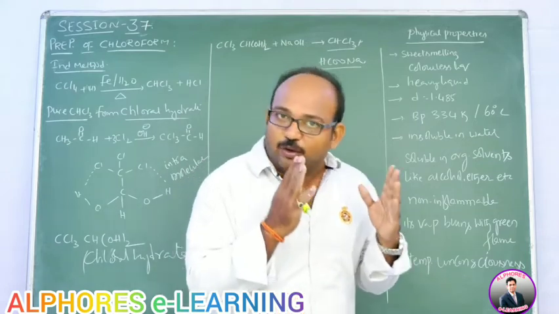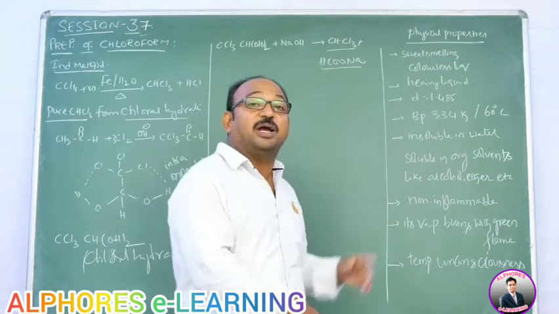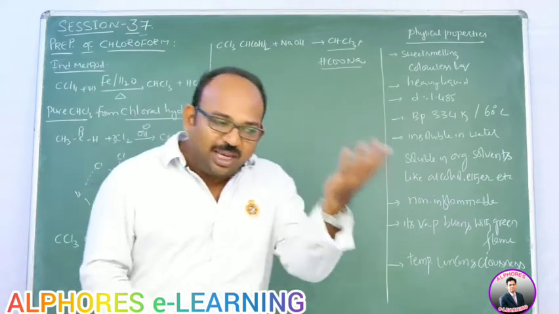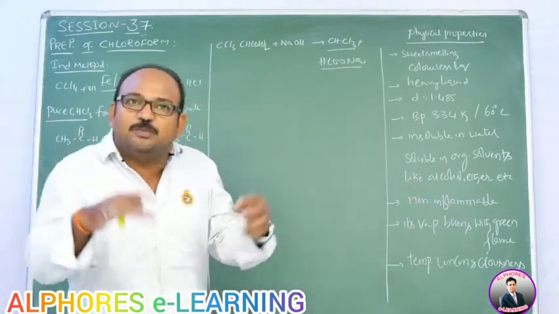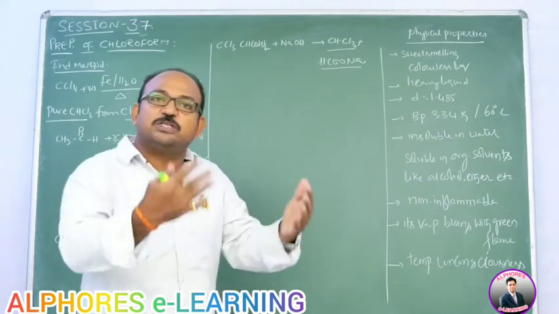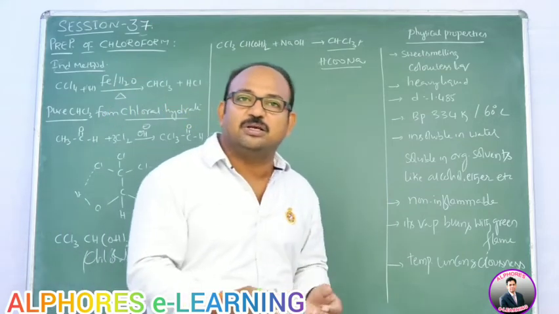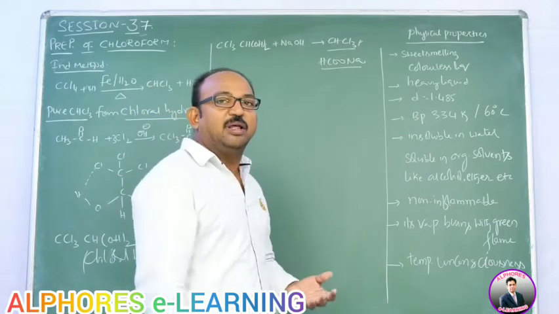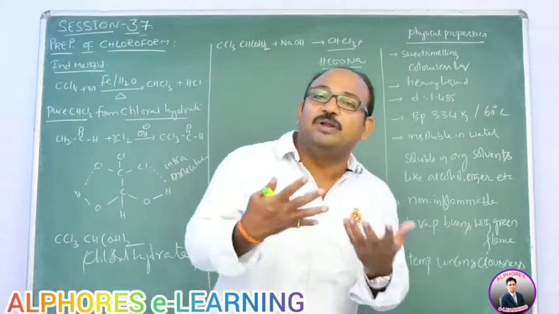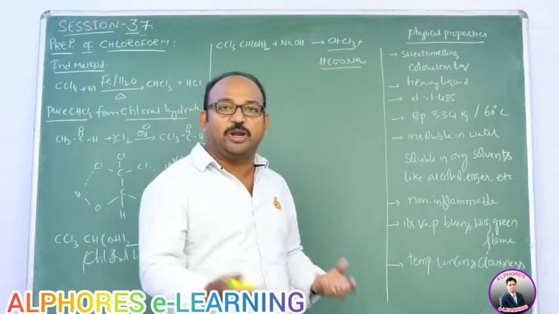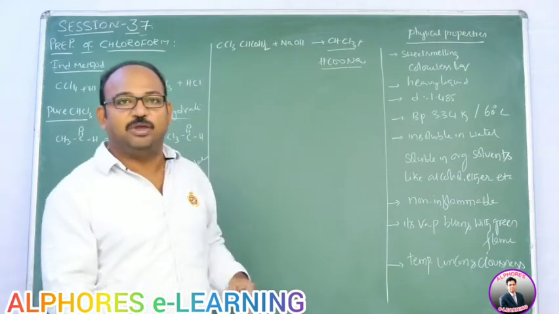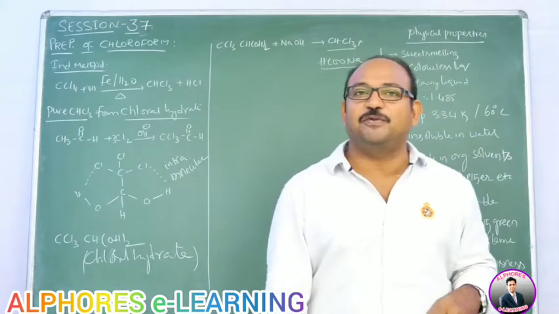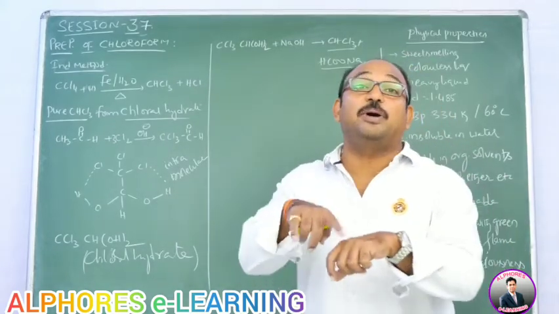But when we are using chloroform as a solvent, because its boiling point is very low, when you keep it in the open air, it slowly absorbs heat energy and goes to the vapor state. It means it is a more volatile liquid. We can say it is a volatile liquid, and when you take it in your palm, it will take energy from your body and leave. Once it absorbs heat energy from your body, obviously you will get a burning sensation.